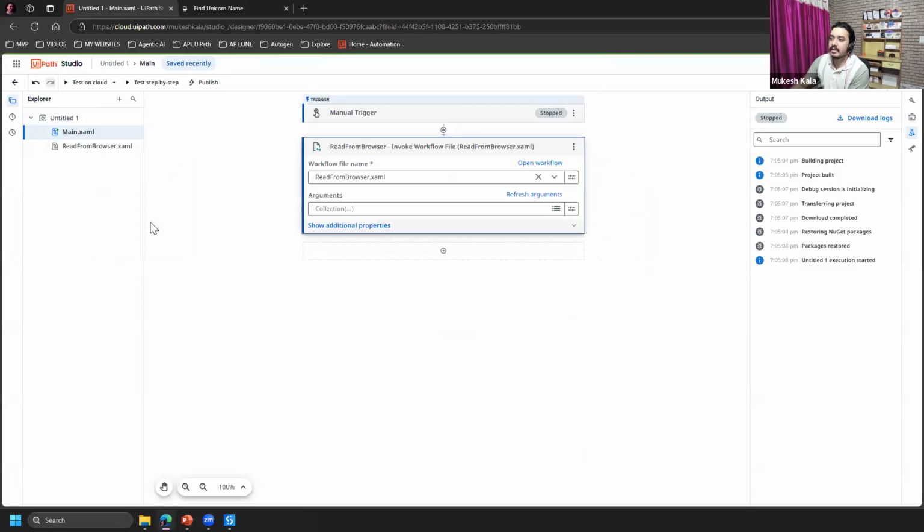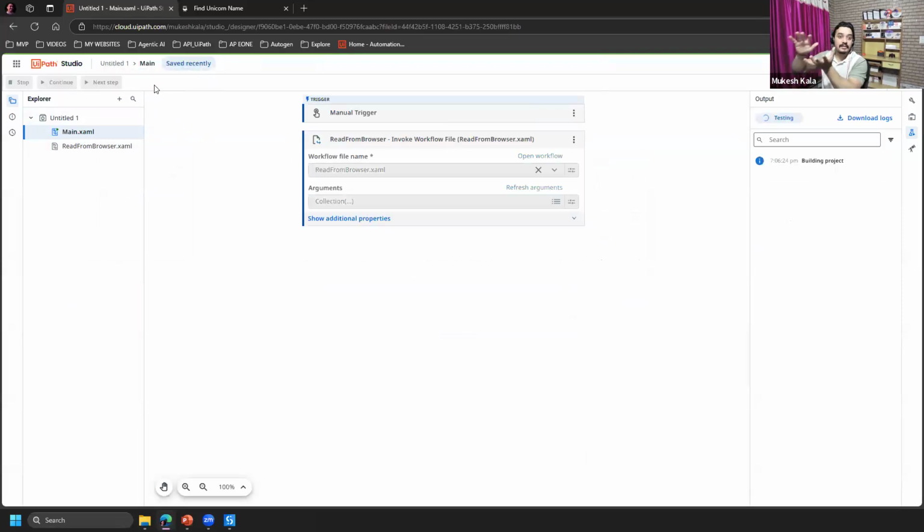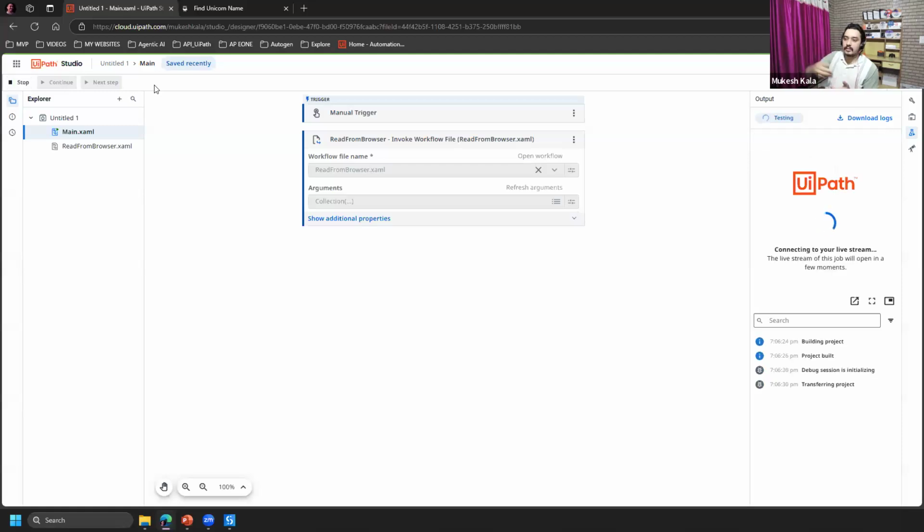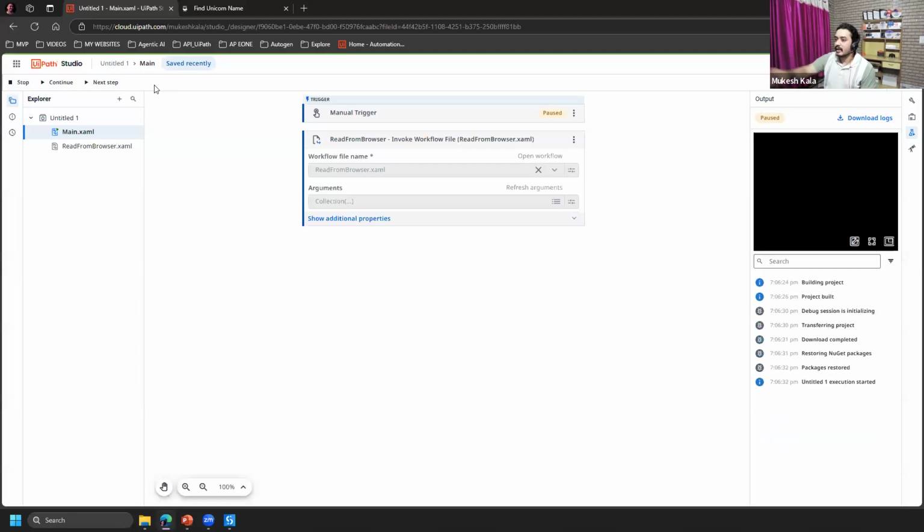So what would happen? It will now invoke that code into my main file. That's why it was not working. That's the whole purpose. And now I just go here and say test step by step. Main file is the file which is going to run every time, and then I just connected both the files by invoking it. And you can see here it says connecting to the live stream.